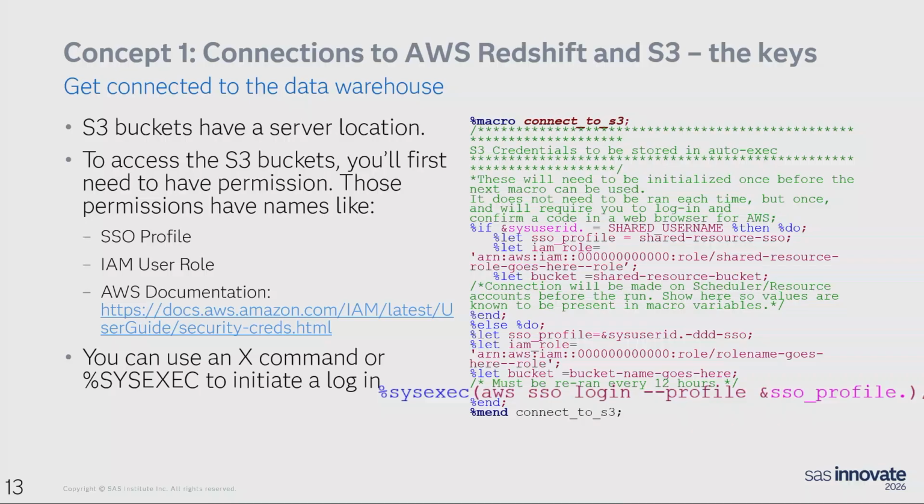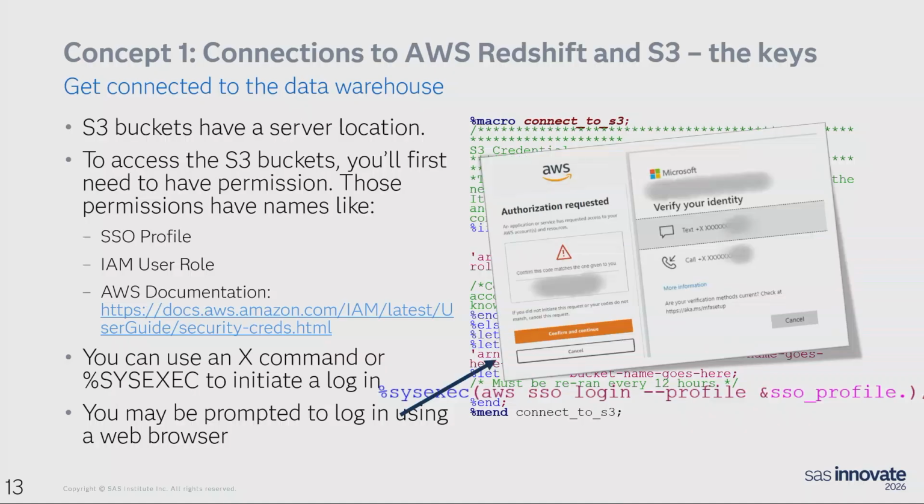Depending on the type of user and method of connection, you may have to take action in a web browser or use MFA during this process. A macro like this one can be placed in your autoexec file so that the login doesn't interrupt the process of the program or running in batch without supervision. As this process only needs to be completed once every 12 hours, you can successfully do this one time and then continue on throughout your day without any worries. Once you make this connection, you can also focus your attention on what data you are moving.